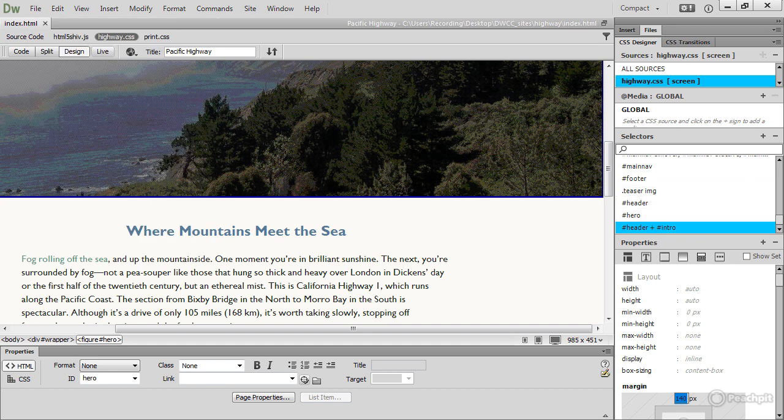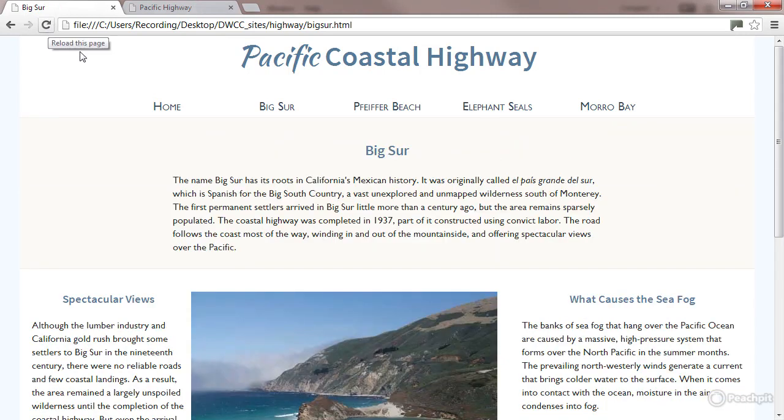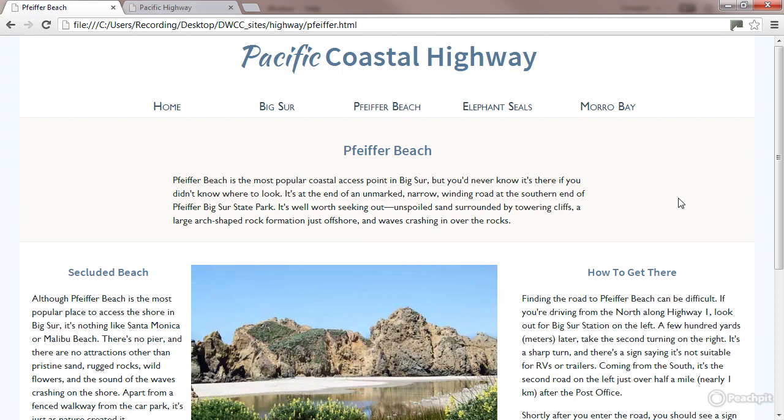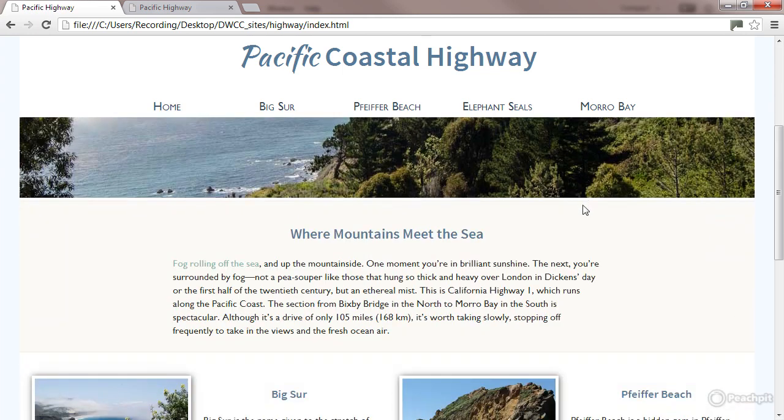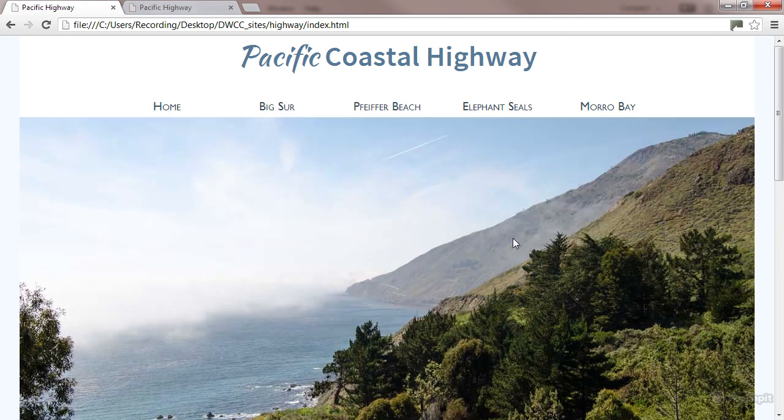And if we go back to the browser one last time, refresh the page, there it's working very nicely there. It works nicely on Pfeffer Beach. And if we go back to the home page and scroll down, there's no extra margin on top of the intro article here. So to fix the header at the top of the page, I set its position property to